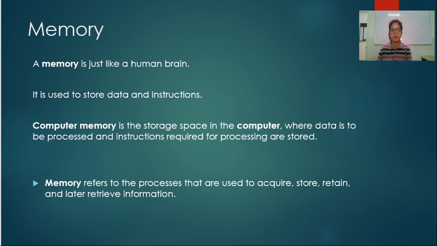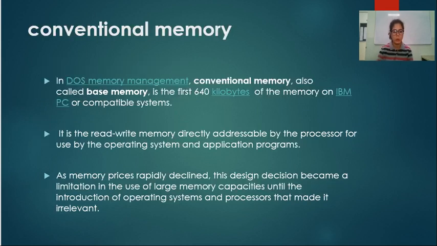Computer memory is the storage space in the computer where data to be processed and instructions required for processing are stored. So this is the place where we store data and also store instructions that need to be processed. Memory refers to the processes that are used to acquire, store, retain and later retrieve information. So that is memory. After this basic introduction, we will study different types of memory. So let's start with